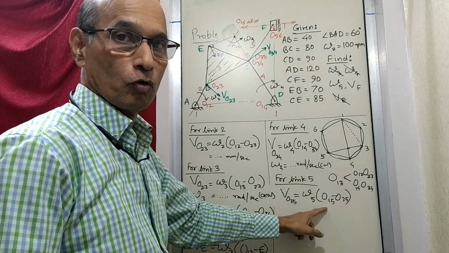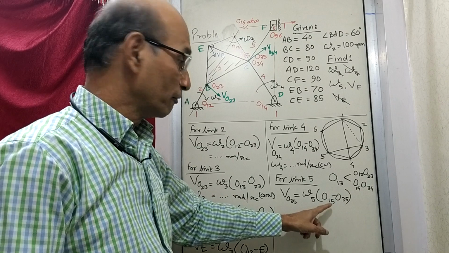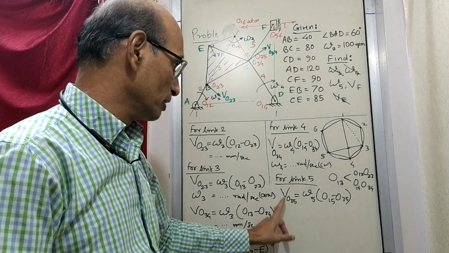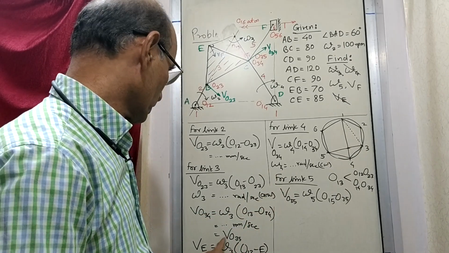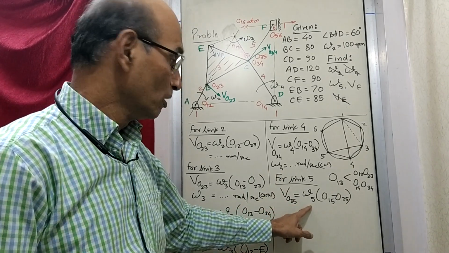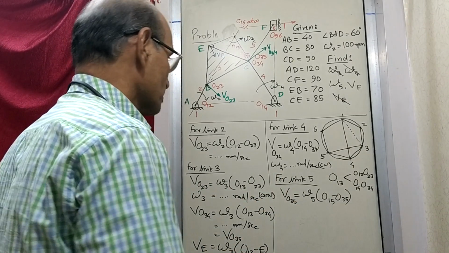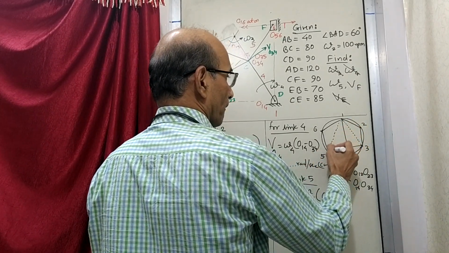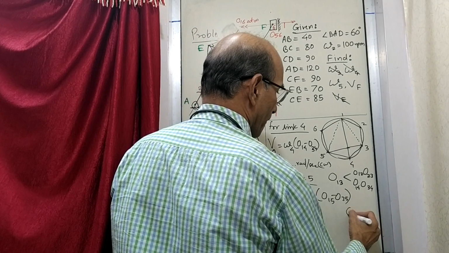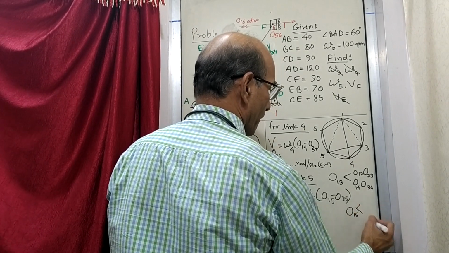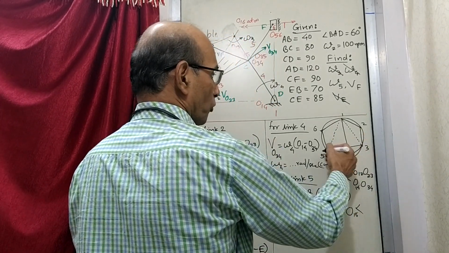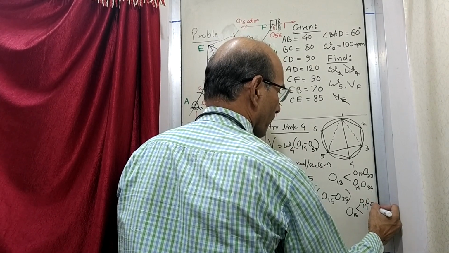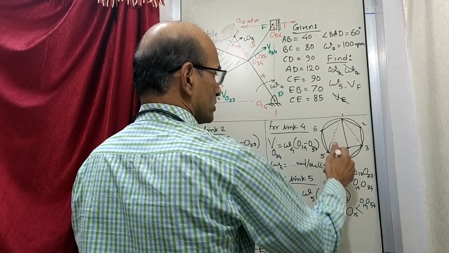Now 15 we don't know. We have to find that out. From that point to 35, that will be the r, and omega, and then velocity. Velocity is already known, so you can find out omega 5 once you find out 15. So let us make an attempt to find out where is 15. So join 15. How do you get 15? 14, 54, and 16, 56.